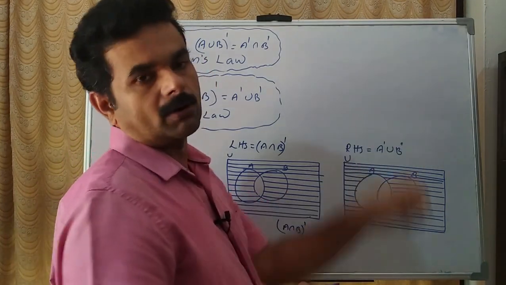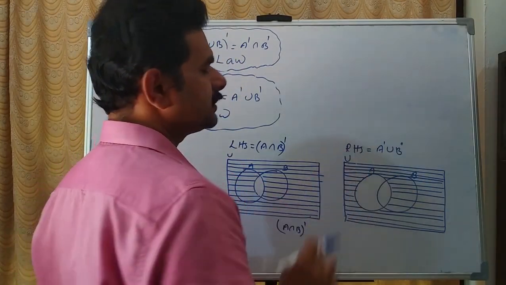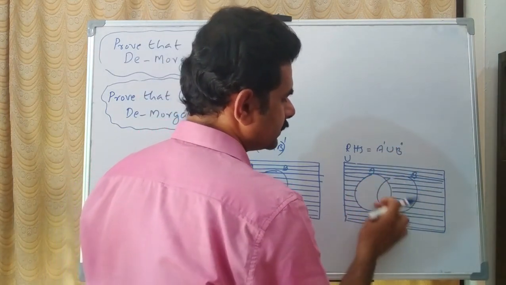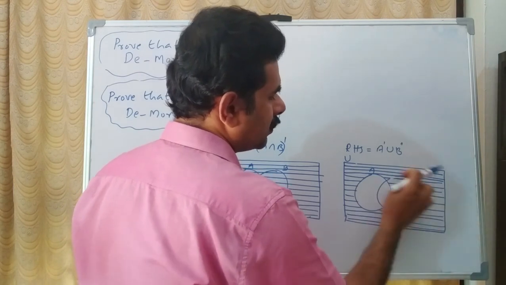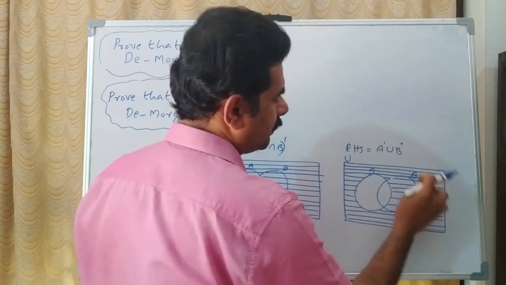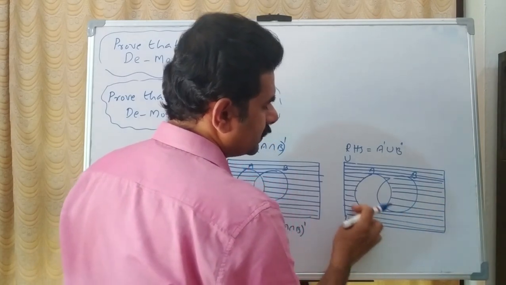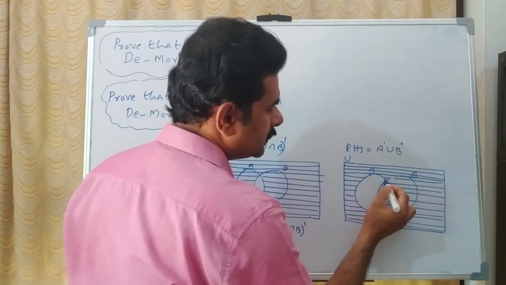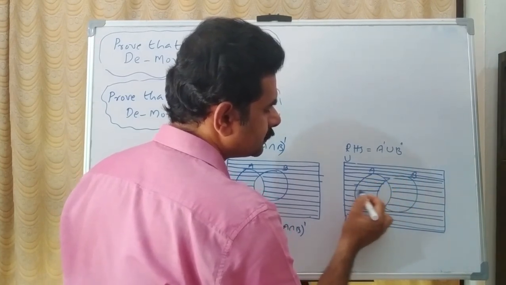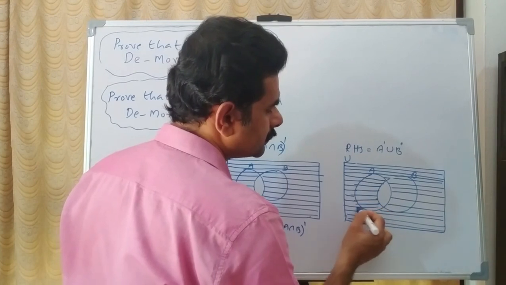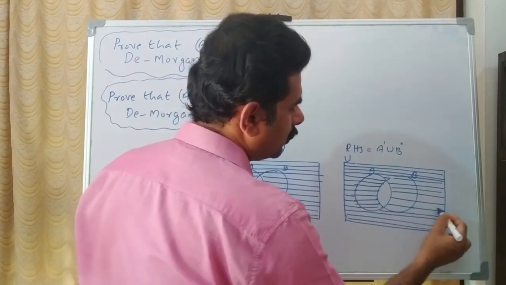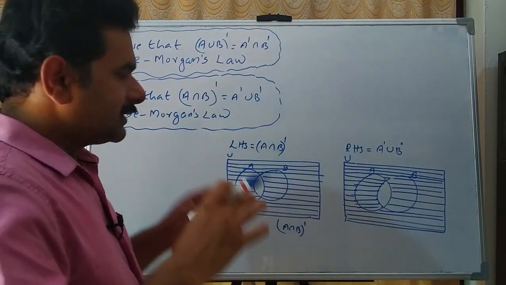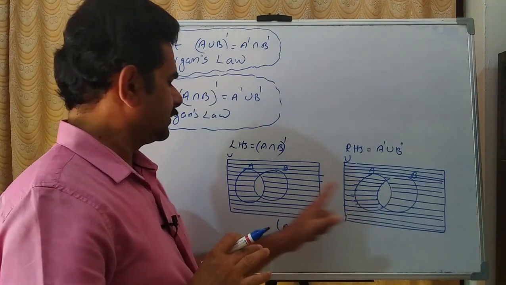Union B complement. What is B complement? B complement means other part of B. B is here, and whole other part. Whole other part means these parts are needed. Whole other part other than B. So just touch here. Whole other part of B. So what is the final result? See,